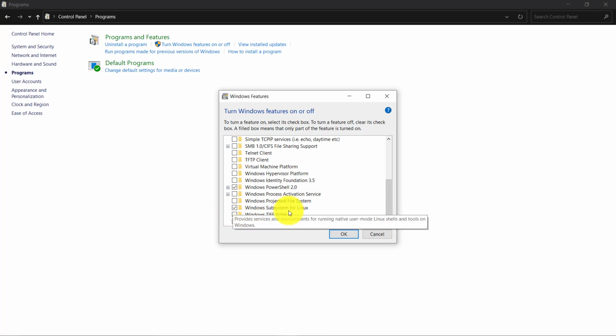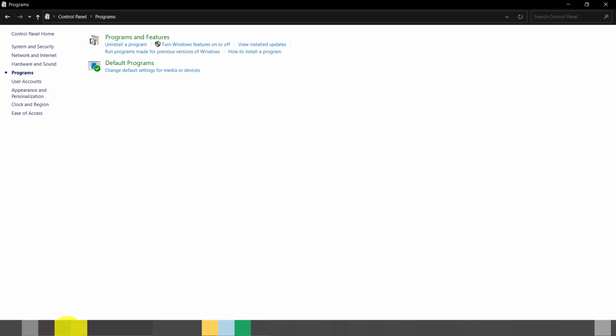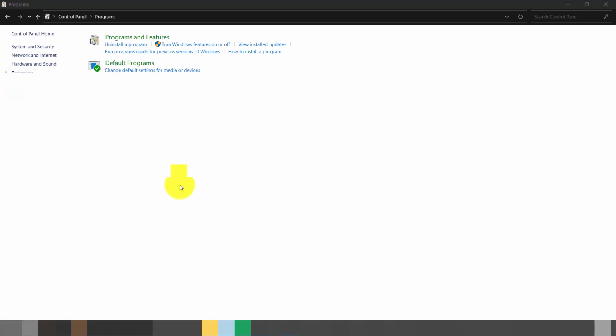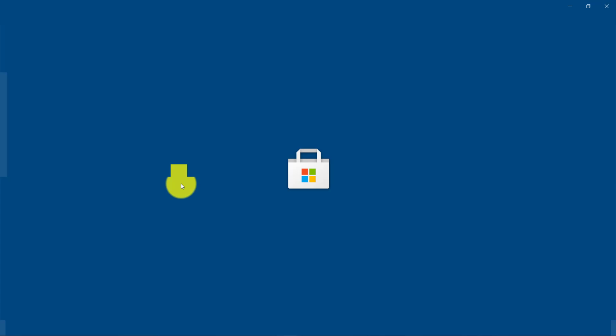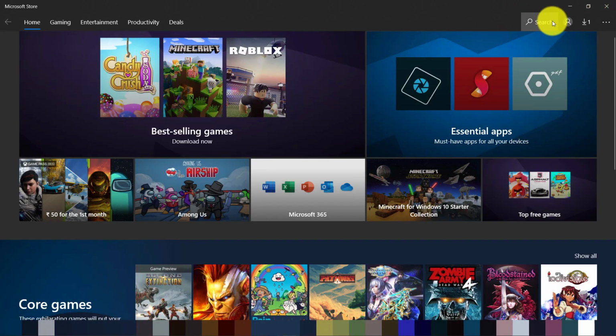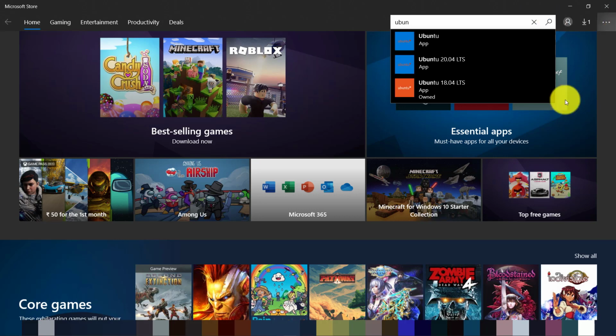After restarting the PC, we will go to the Windows App Store, the Microsoft Store, and find the Ubuntu software for Linux system. Just search Ubuntu 18.04.